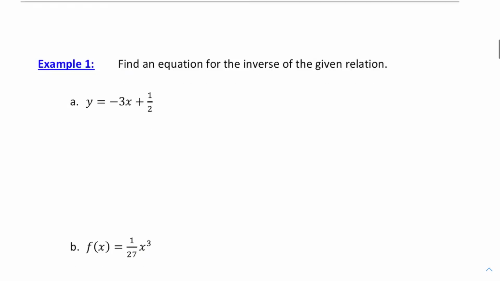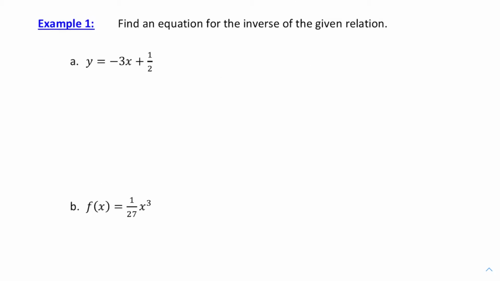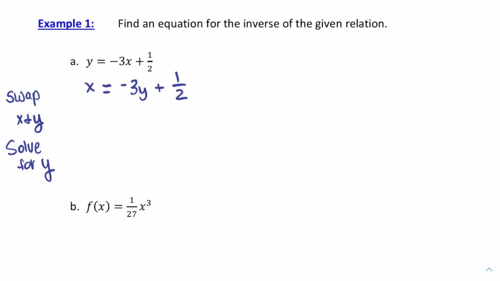So we're going to look at how you find inverses of equations of functions today instead of just ordered pairs. To start with, since an inverse switches your input and your output values, we're going to swap our x and y variables, and then we're going to solve it for y. So if you switch x and y's locations, don't change anything else, and then solve to get y by itself,